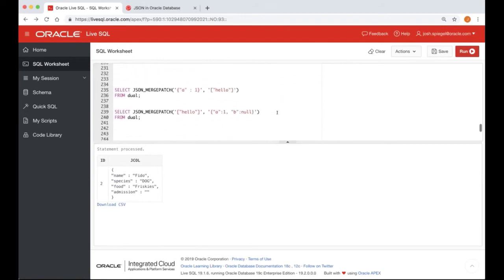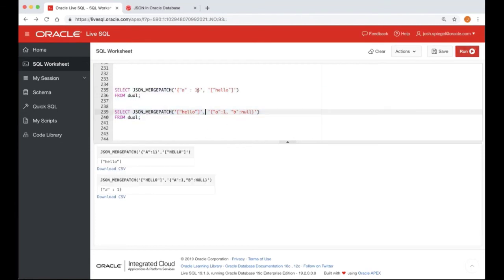So here are edge cases. These are not useful examples, but I just wanted to show you what happens. So merge patch is intended to modify objects, not arrays. So the question is, what happens if you use an array? I'll run these together. So in the first one, we've got